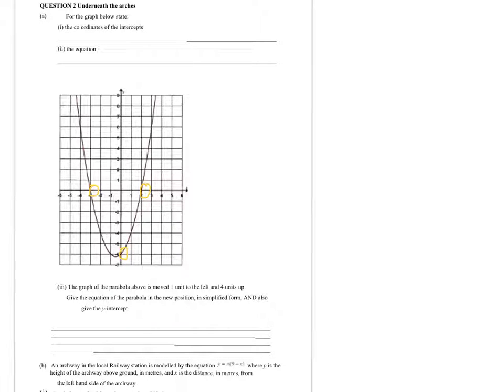Now it's asked for coordinates, so it must be written in brackets: (2, 0), (-3, 0), and (0, -6). Coordinates must be in the brackets. The equation of our parabola, we can just write the equation in factorized form,